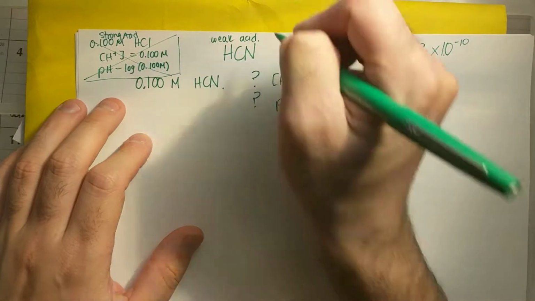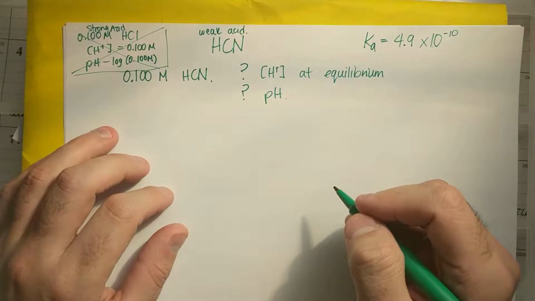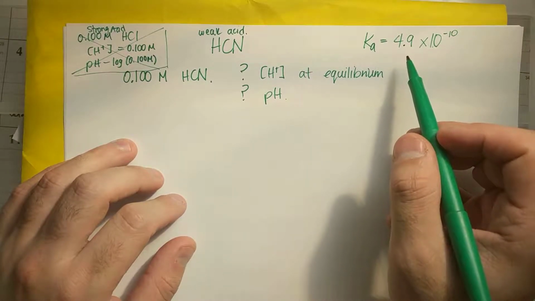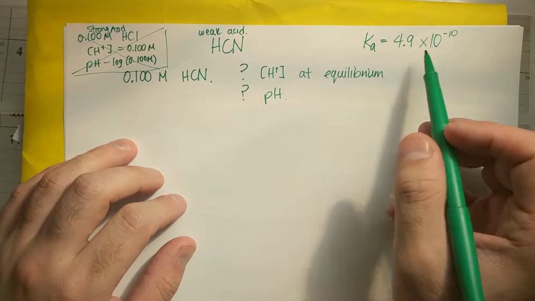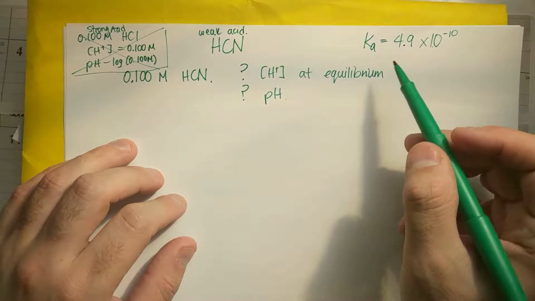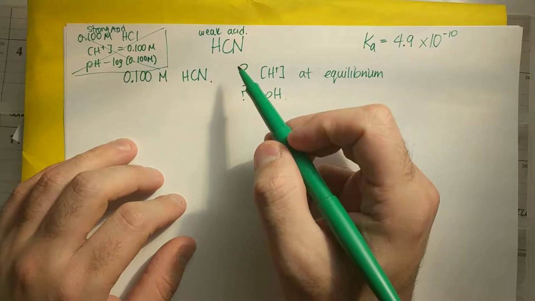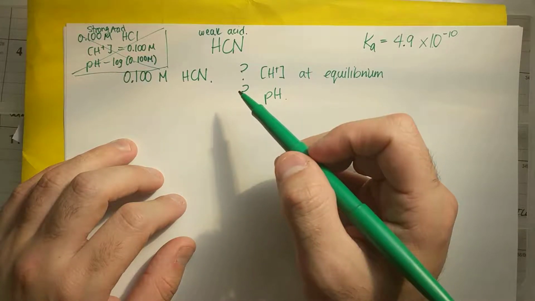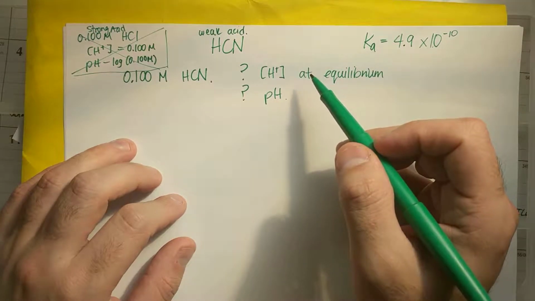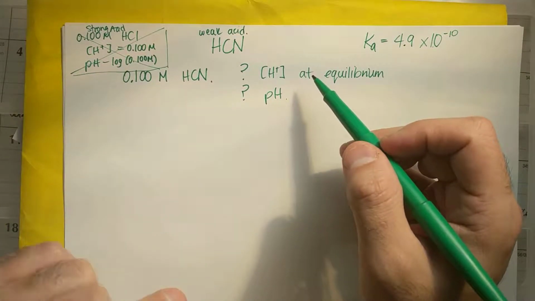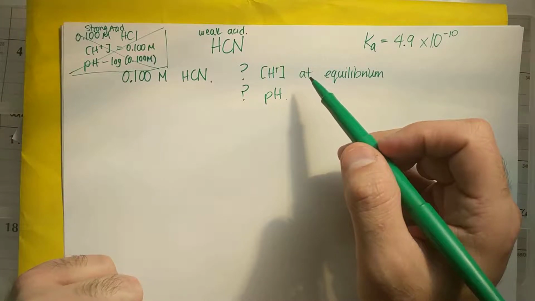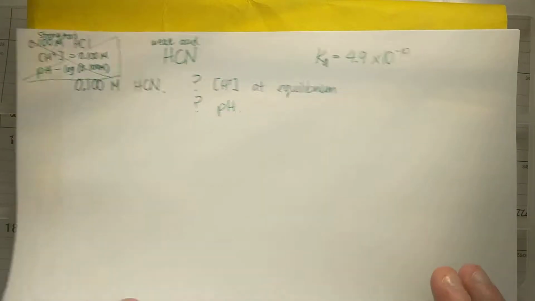And there are two ways of identifying something as a weak acid. One, if I give you a Ka, you're making the assumption that it's a weak acid. The Ka automatically tells you, hey, this thing here is not fully dissociating. If it does not fully dissociate, it's not a strong acid. Another thing is there are 6 to 7 strong acids that you will have to recognize to make things easier. So just as an aside,